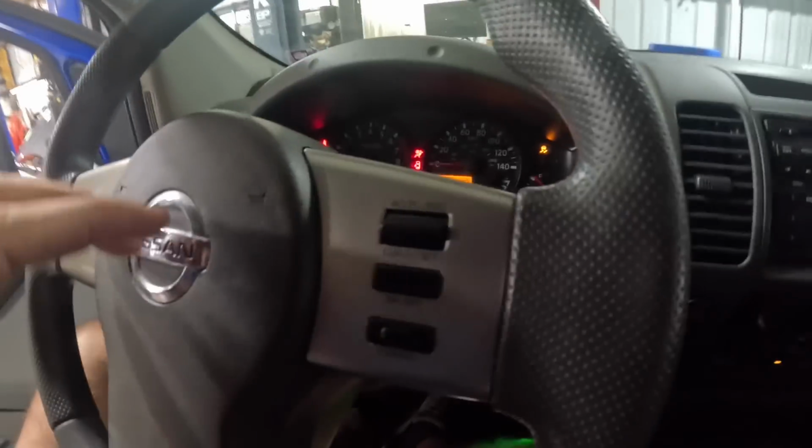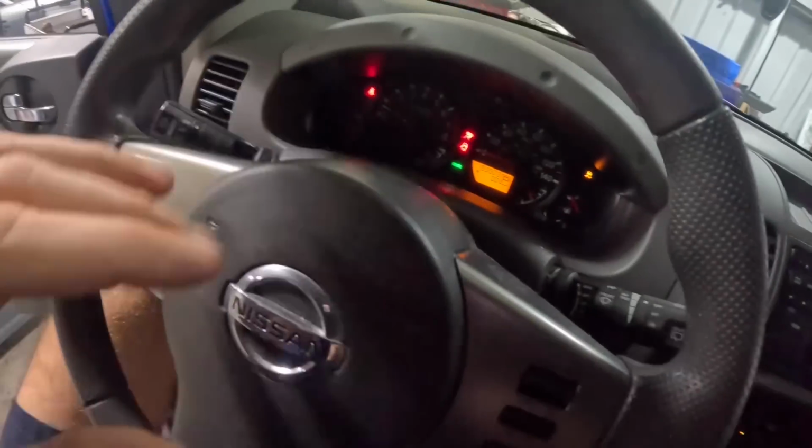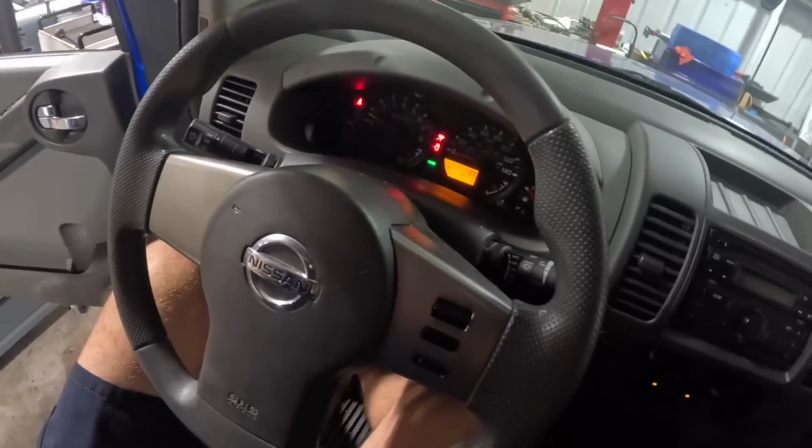We do not have a tilt wheel, I don't think. Yeah, we do. Okay. Yeah, wheel tilts up. So let's pull all this bezeling and stuff off of here. We'll pull the airbag unit out and take a look at the clock spring assembly behind the steering wheel and see if that is going to be our primary